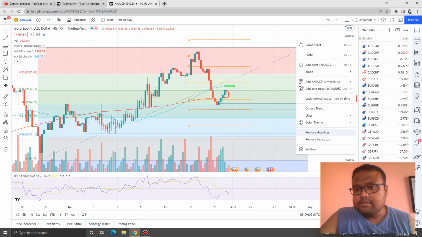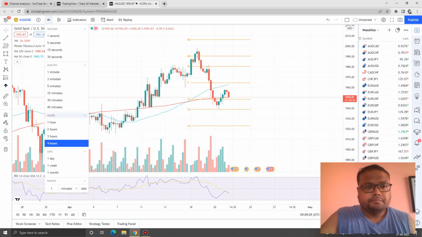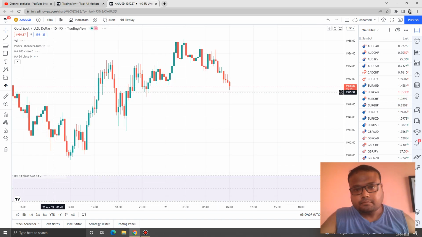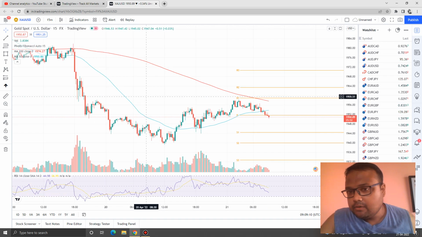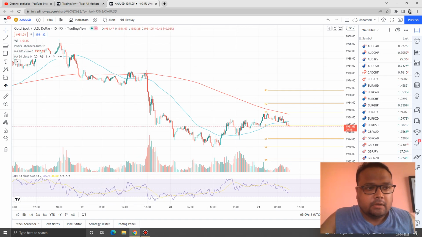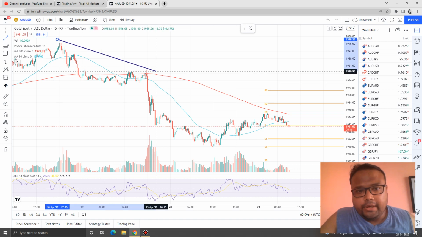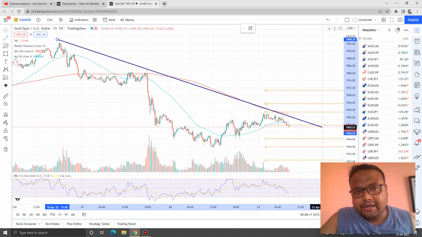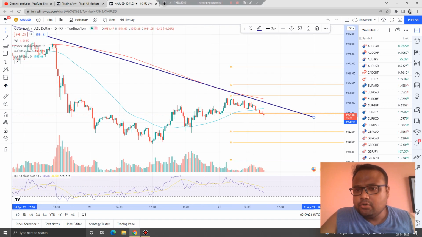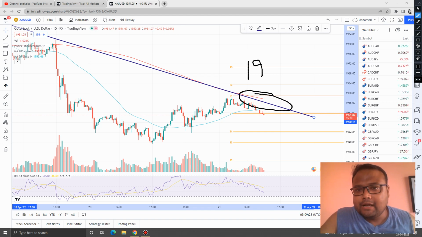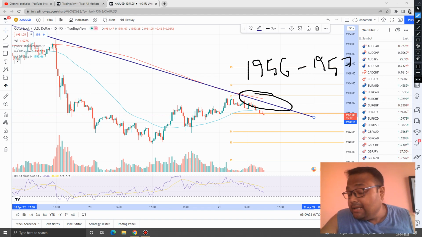Let me take you to the 15 minutes time frame once. See, this is the 15 minutes chart of gold. You can see that we can also draw a trend line here. If we join the dots here, then we can draw a trend line. So if market goes up around 1956, 1957, there is a possibility that market will reverse again around this level,